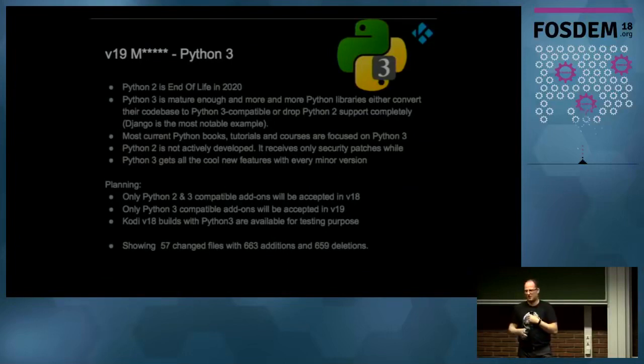We will make sure they are auto-disabled so they just don't work anymore, except if something happens where the developer didn't follow the rules exactly. But we'll try to auto-detect if it's Python 3 and just not run it, otherwise you get a script error. And it's actually quite a small thing done. It's only 57 files and 700 lines changed to upgrade Python. But the main part was finding all those hooks in the code because it's so entangled everywhere. And it actually did a great job on cleaning that up again.